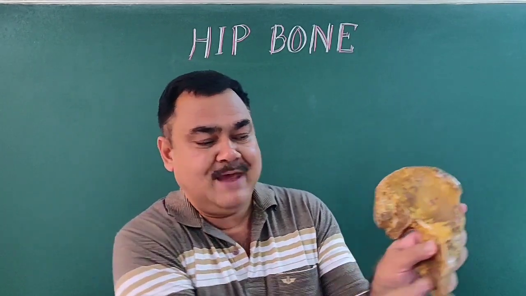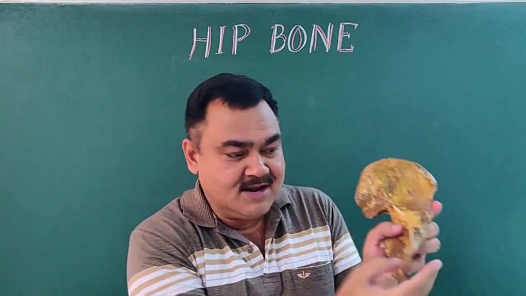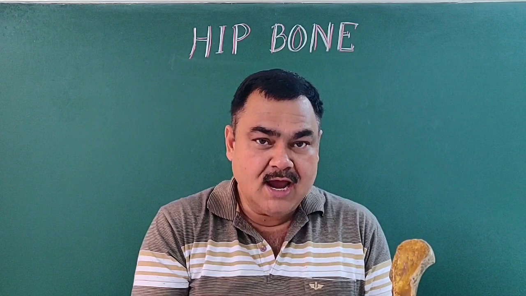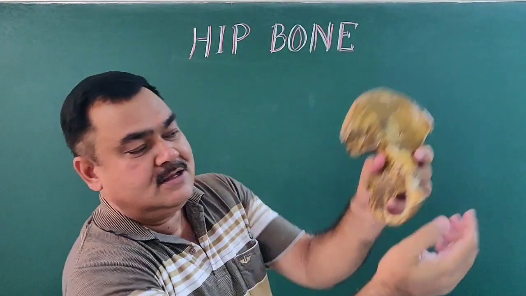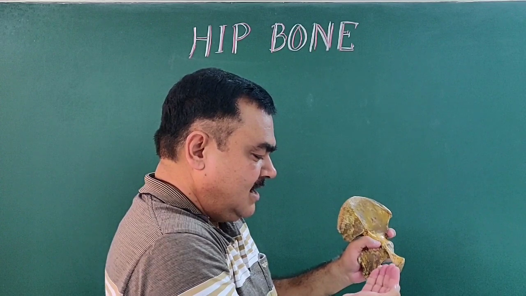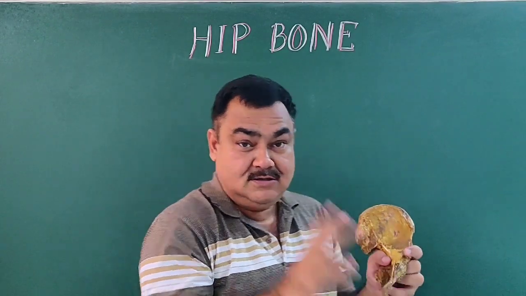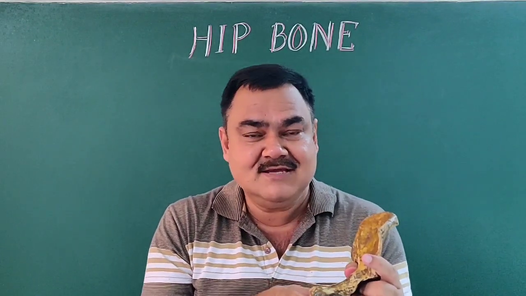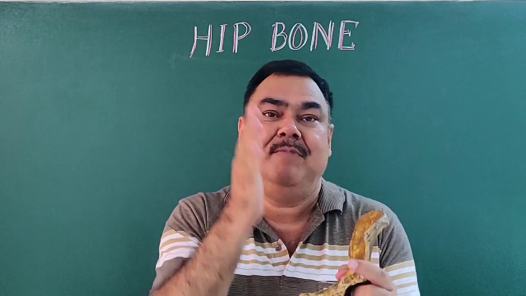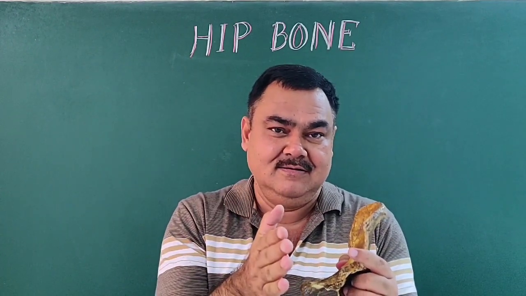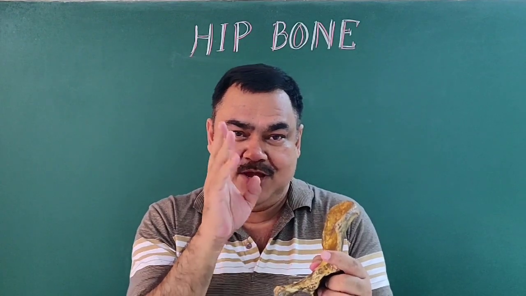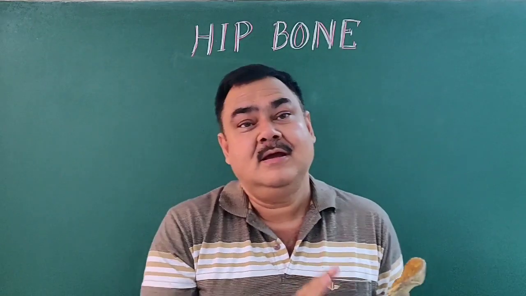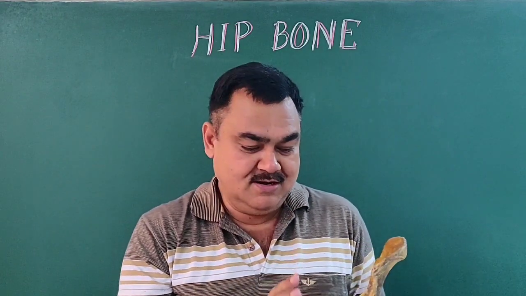And another thing, this pubic bone, this is the pelvic surface or inner surface. The direction of the inner surface of the pubic bone is upward and backward. So if you see here, it is like this. Direction is slightly upward and backward. Second thing. And third thing, this symphysial surface lies in the median plane.